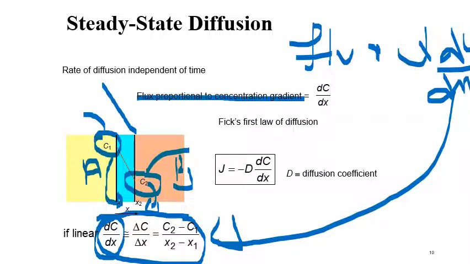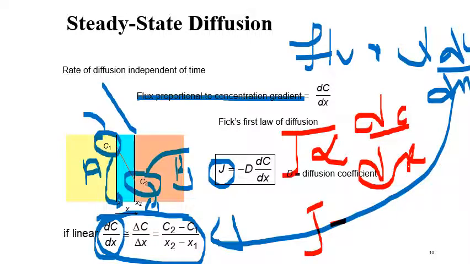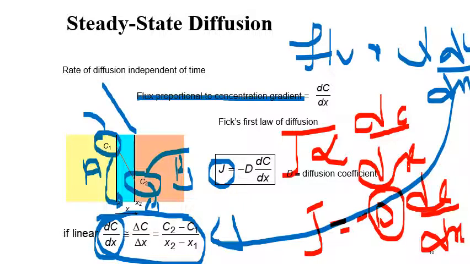And so when we say J is the flux, J is directly proportional to dC/dx, that is, the flux of atoms moving across a particular area is directly proportional to dC/dx. So when we remove this proportionality, we get J equal to minus D dC/dx. This D is nothing but the proportionality constant, which we call the diffusion coefficient or diffusivity.